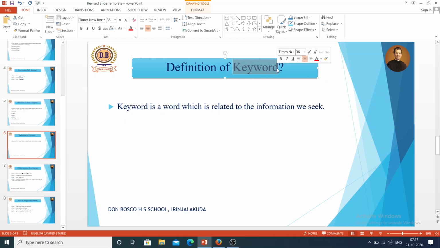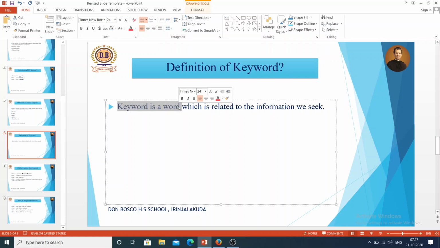You will type the word camel, and that word is known as a keyword. Suppose you want to know the detail of desert, what will you type in the search box? Desert. So desert is a keyword. The definition in your textbook is: keyword is a word. It is just a word. What is its use? It is related to the information we seek.